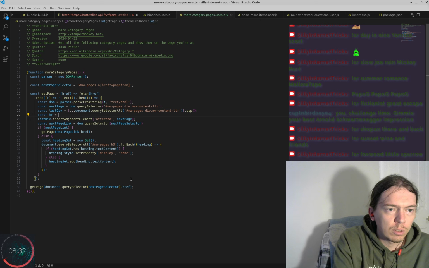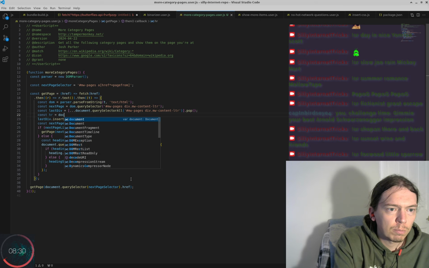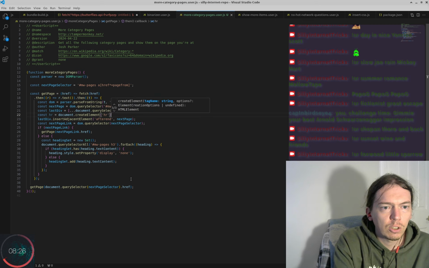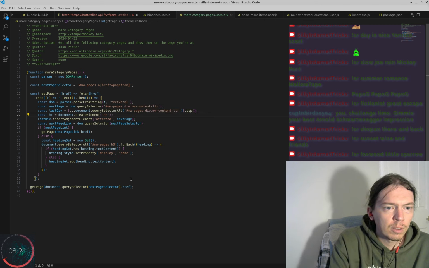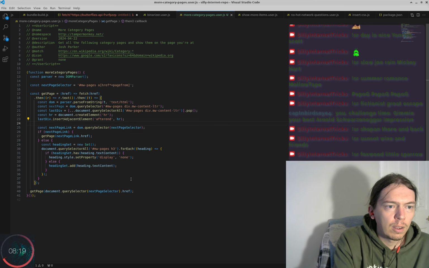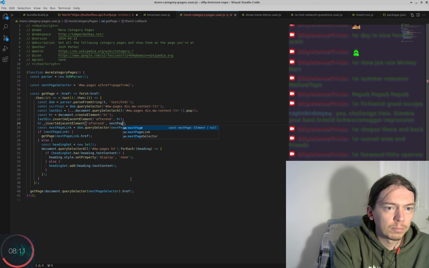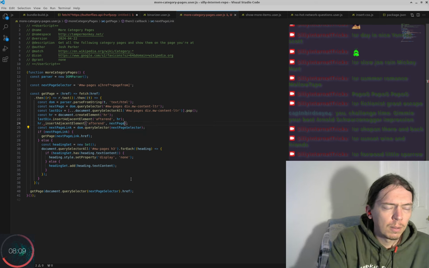HR equals document create element HR. So we'll insert the HR here, and then after the HR, we'll do the last or the next page. Okay,